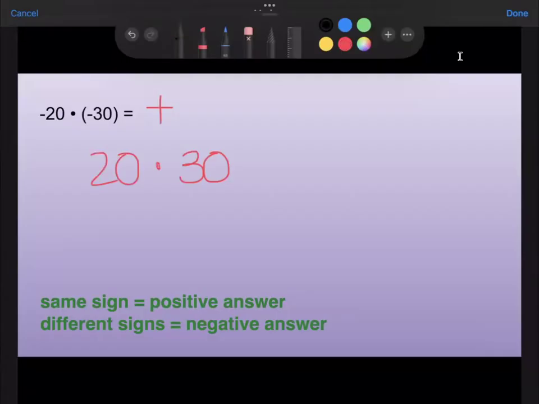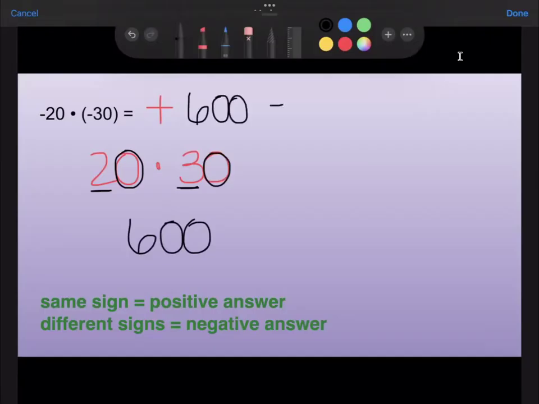I'm going to focus on the digits that are not zero, which is 2 and 3, and multiply those. 2 times 3 is 6. Then I'm going to add the zeros to the end of my answer. So I'm going to add this 0 and this 0 to the end of the 6 to get my answer. So 20 times 30 is 600. I'm going to put that there in front of the positive sign, meaning that our answer is positive 600, or we could just rewrite that as